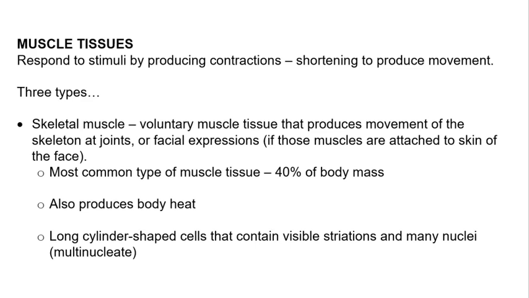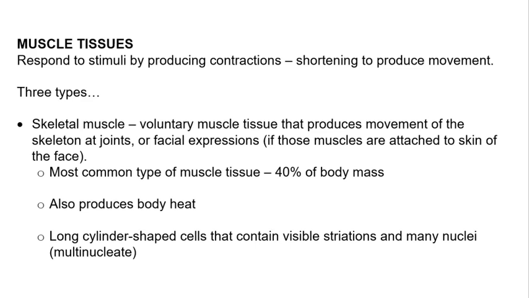Skeletal muscle tissue is the most common type of muscle tissue, composing approximately 40% of body mass, and they also produce body heat in addition to producing movements of the bones and the joints. The tissue itself is composed of long cylinder-shaped cells that are called fibers that have visible striations within them, in addition to many nuclei. The striations are the arrangement of protein groups in the muscle cell that are ultimately responsible